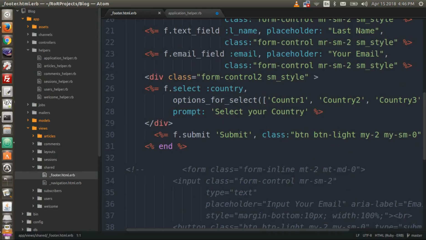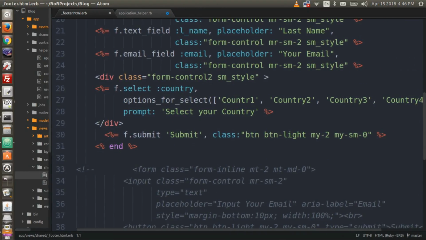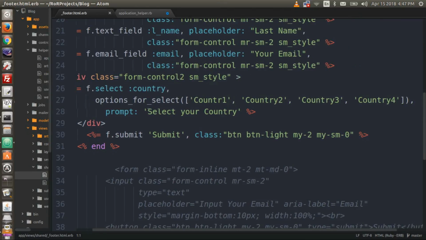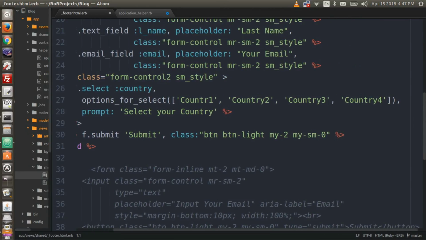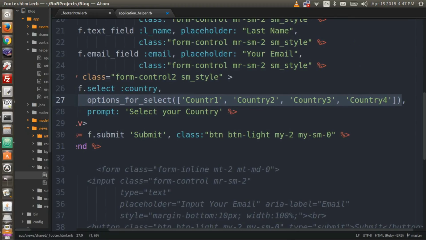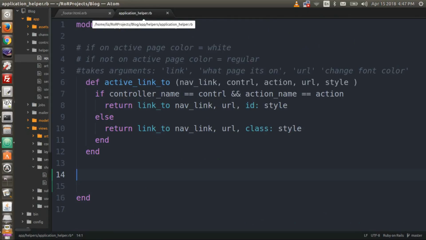So I'm back here in the footer file, and here we have options_for_select, and we created just a country 1, country 2, country 3, and country 4. This will now be in the application helper. So back in the application helper,